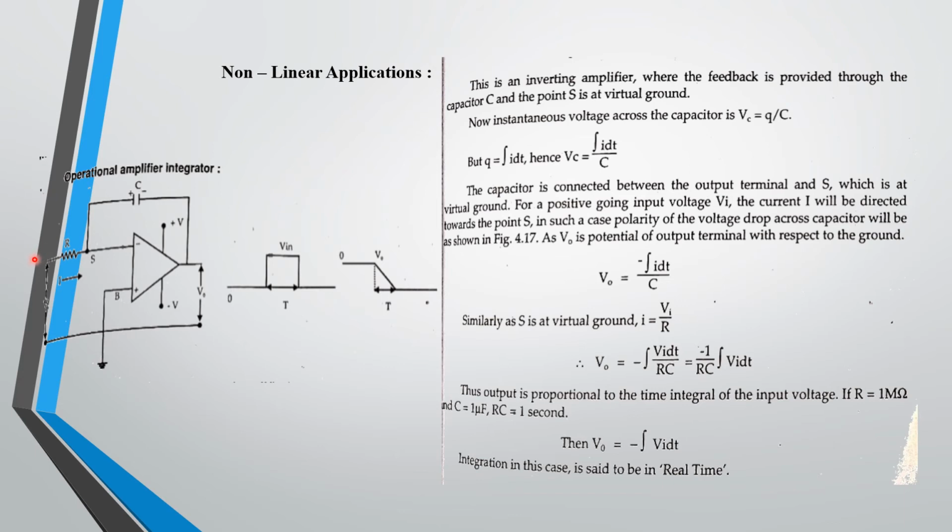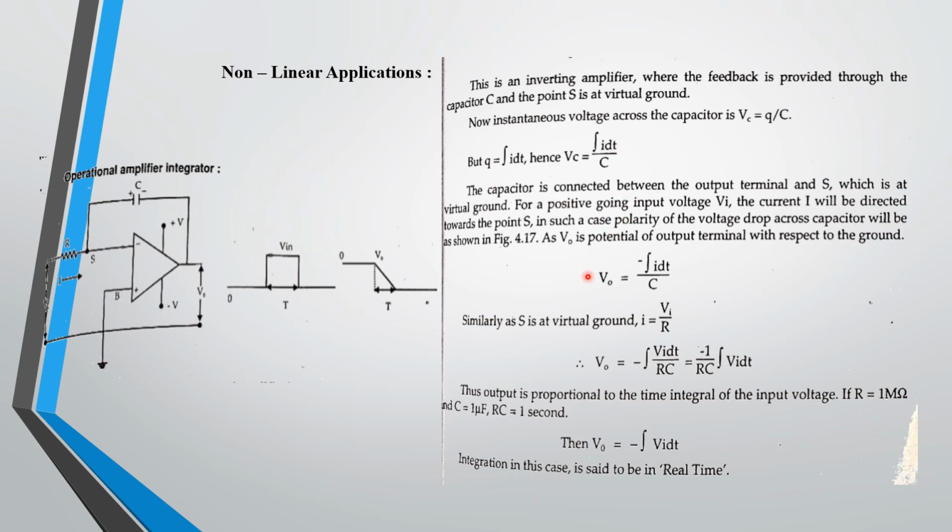Here just keenly observe, we have replaced the resistor which is there in the inverting configuration with a capacitor. The capacitor is connected between pin number 6 and pin number 2, that is, a feedback capacitor. The voltage across the capacitor is the charge Q divided by the capacitance. We want integration, the continuous action, which can be generated with the help of current. So Q is equal to the integral of I with respect to t. So we can observe the capacitor voltage by putting the value.